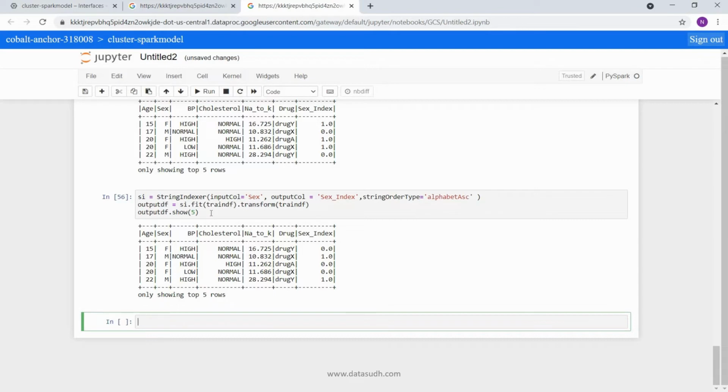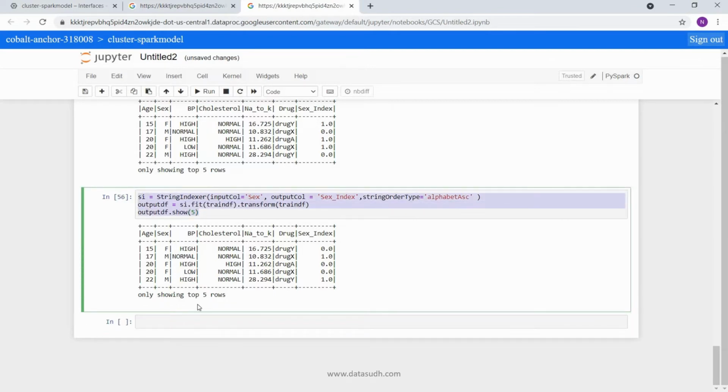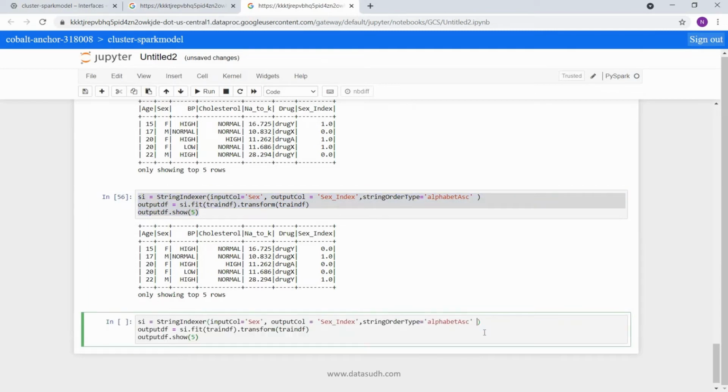There is one more useful parameter in the string indexer method, handle invalid. This parameter is there to handle null or unseen data. It provides three options: skip, keep, and error. When we use skip, it filters out rows with invalid data.